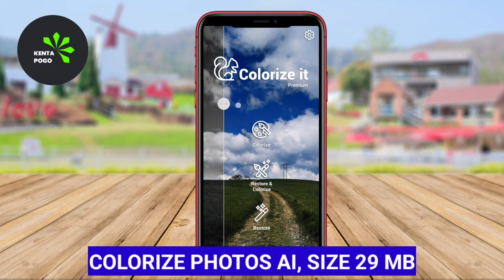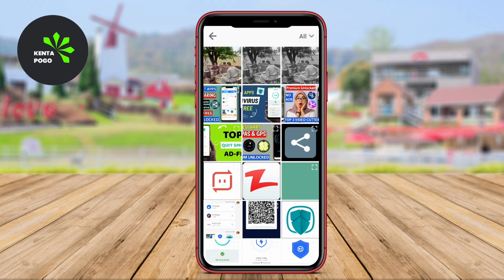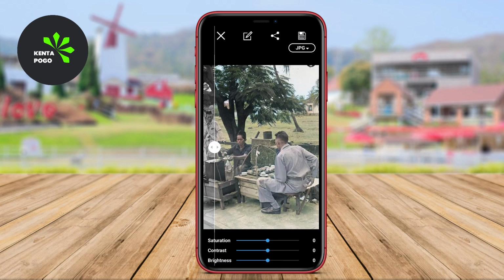Colorize Photos AI. This application specializes in transforming monochrome images into colorful visuals using cutting-edge AI technology. It offers features like batch processing, which is particularly useful for users who want to colorize multiple images at once, saving time and effort. The app also provides customization options, allowing users to fine-tune the colors to their liking, thus